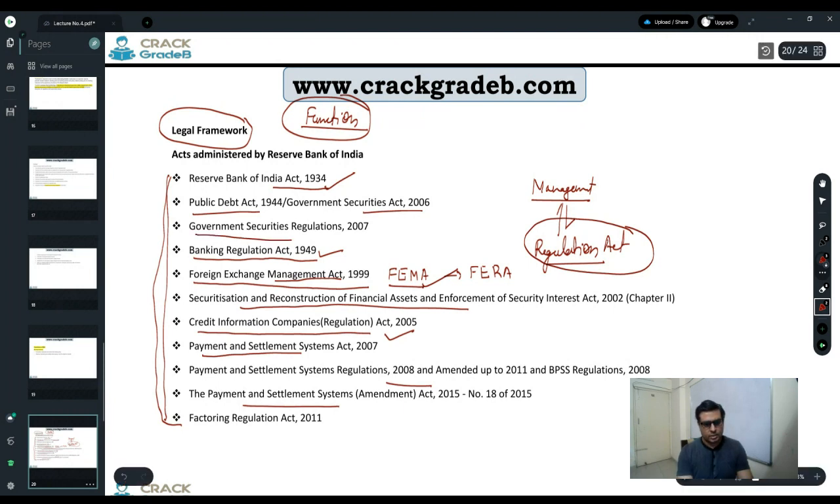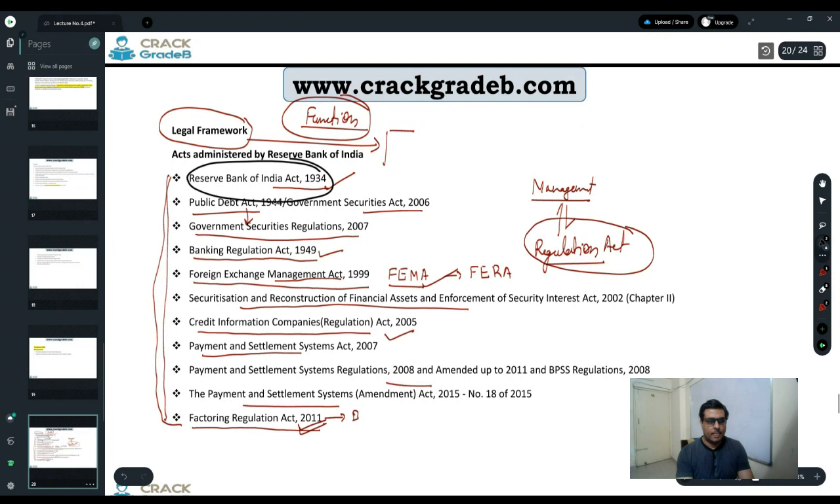Government securities regulation. Right. So government securities regulation is more related to this public debt management. Factoring Regulation Act. Right. Under the Factoring Regulation Act, RBI gets the power to manage all the factoring in India. Right. When I discuss the banking system, I'm going to explain this particular act to you in detail. But as of now, the main thing you have to keep in your mind, these acts: